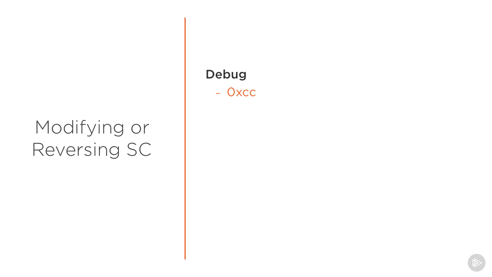First of all, if you ever wondered how a software breakpoint works in your debugger, when you set a breakpoint, it basically just takes the byte hex CC and replaces it at wherever you're going to set your breakpoint. And then when you continue, it puts the original byte back. And so we can do that. We can add a hex CC to the top of our shellcode,